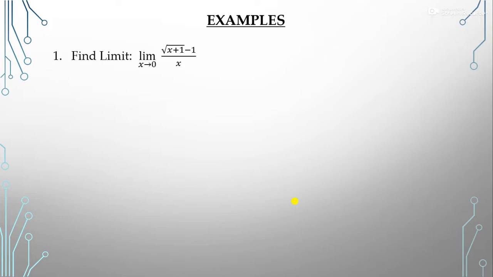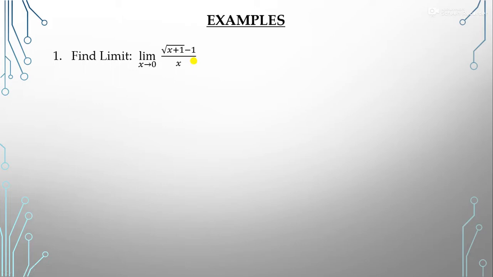So let's try the examples here. Our function is square root of x plus 1 minus 1 upon x and the limit is x tends to 0. Solve how to find the limit of this function. Here you can see, first you apply the substitution method, means directly put x tends to 0, so it becomes 1 minus 1, so it becomes 0 in the numerator and the denominator is also 0, so it is the 0 by 0 form, the indeterminate form. After that you can't factorize it here, right? You can't factorize any function of the numerator or denominator. So what do you do here, how to solve this limit?